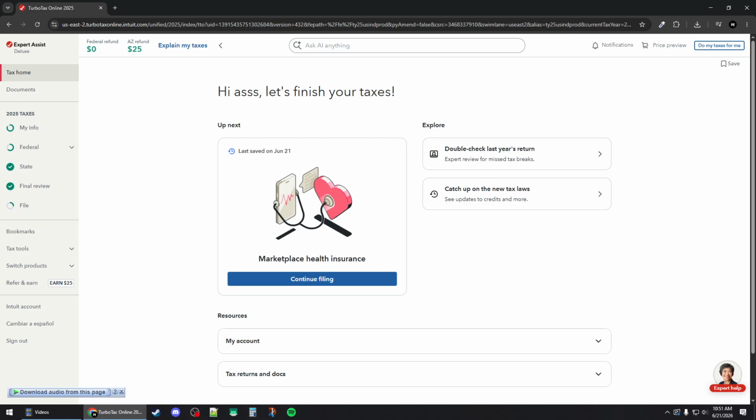How to remove TurboTax Live Premium. So first you want to go to the TurboTax website and sign into your account. Now from the left side panel, you want to expand the switch product category, and then you want to click